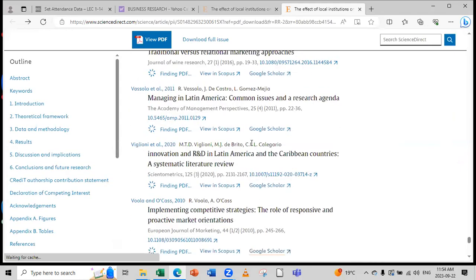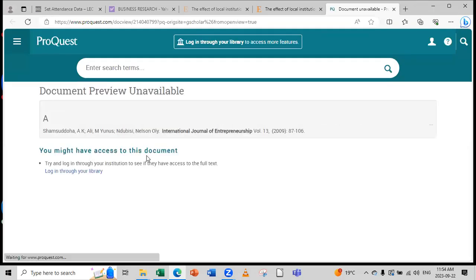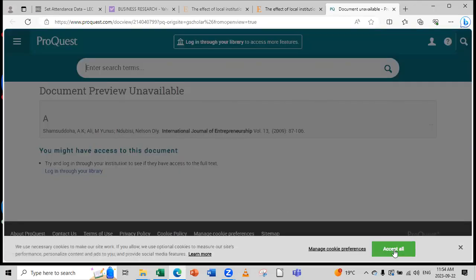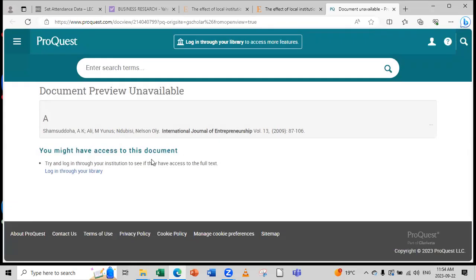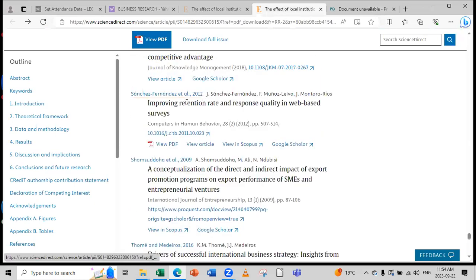So as an example, the author name, let me get any periodical from these periodicals. Okay, it's not a big deal, no problem. So if I want, as an example, to see how to write the references,